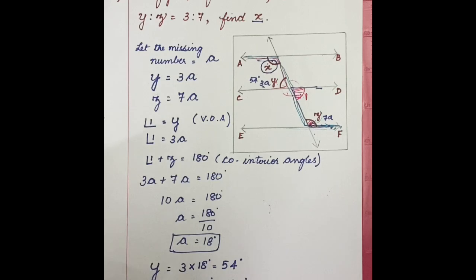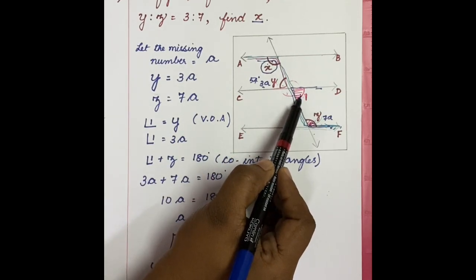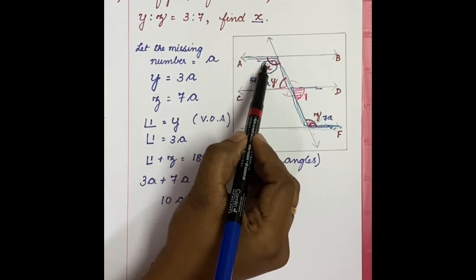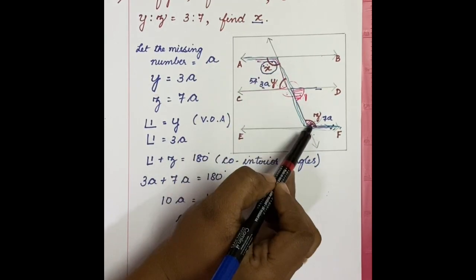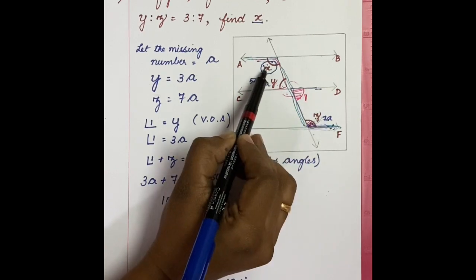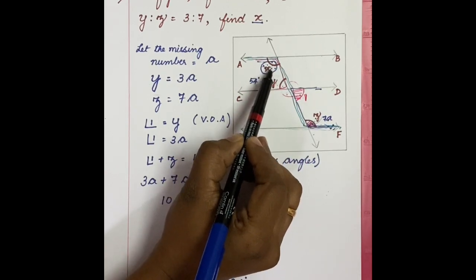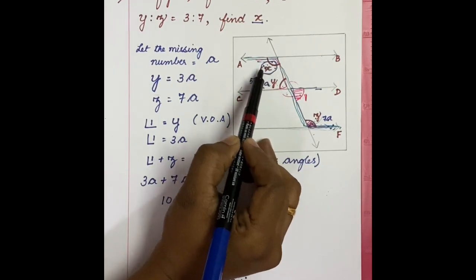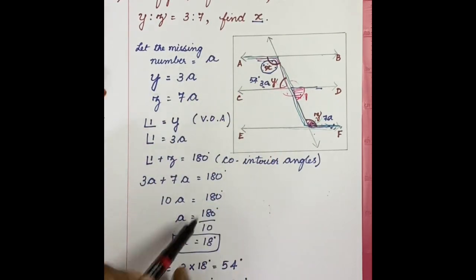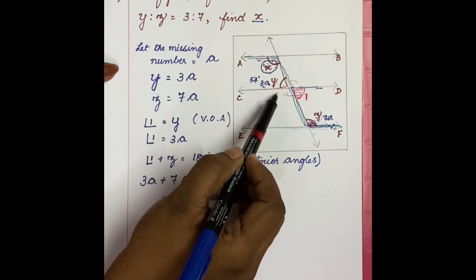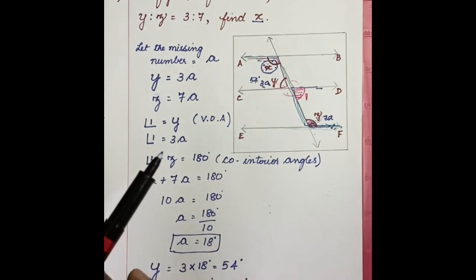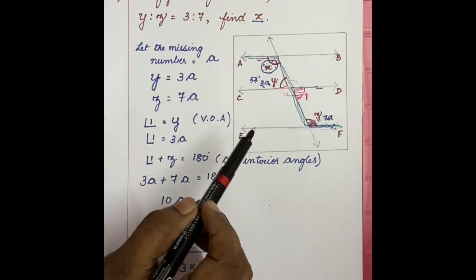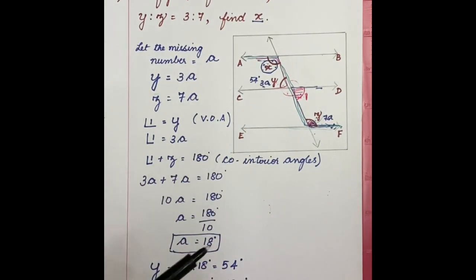See, this problem, I introduced angle 1 here. Instead of that, in the beginning itself, you have found that X and Z are alternate angles. Z is 7A. Directly, you can put X is equal to 7A. So, 7A plus 3A. So, directly also you can find X. So, I have taught this problem in a lengthier manner, but this same problem can be also done in a very short way. So, any problem, however you are approaching in an analytical way, when it is correct, you will be getting the correct answer.